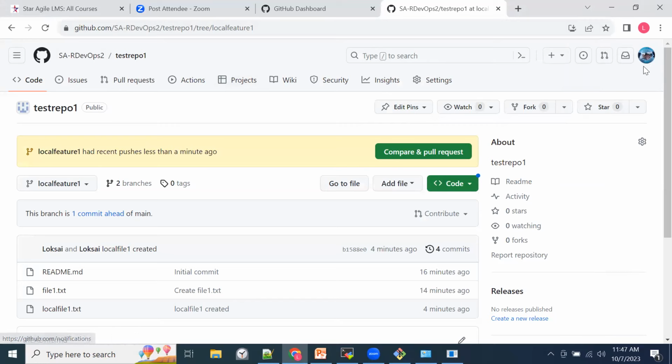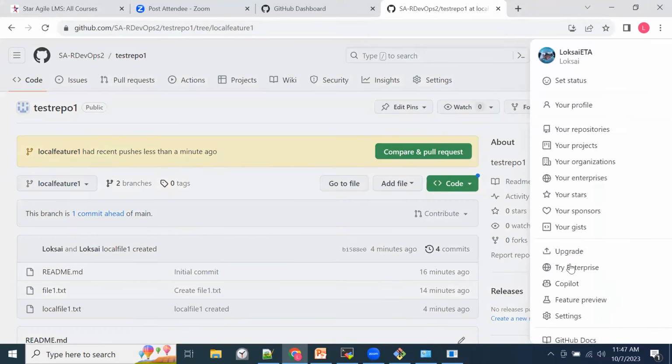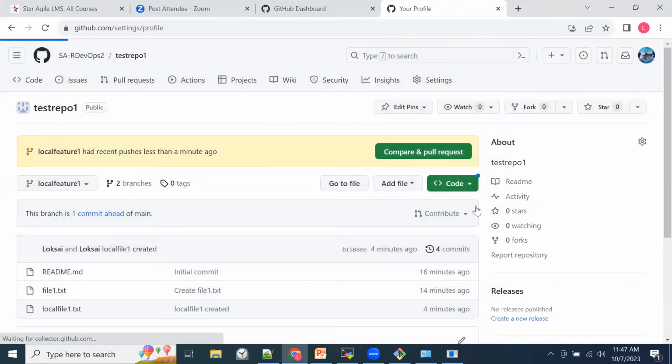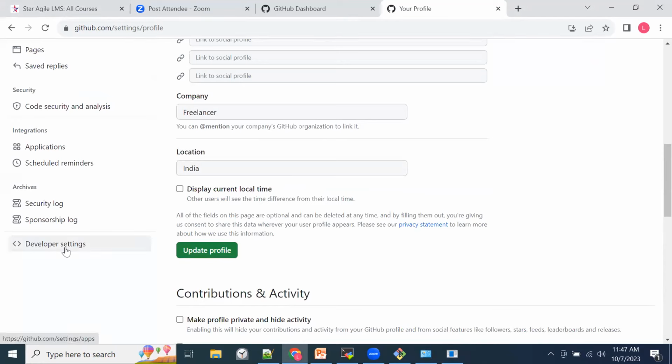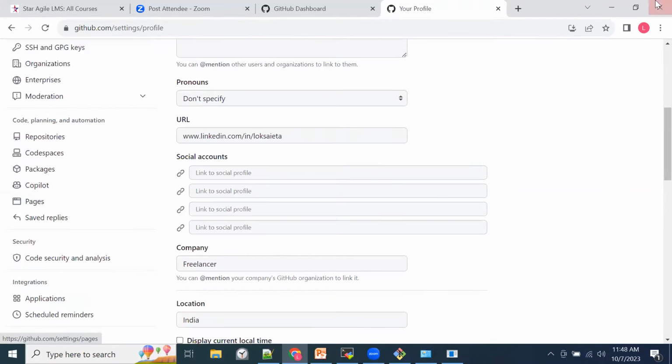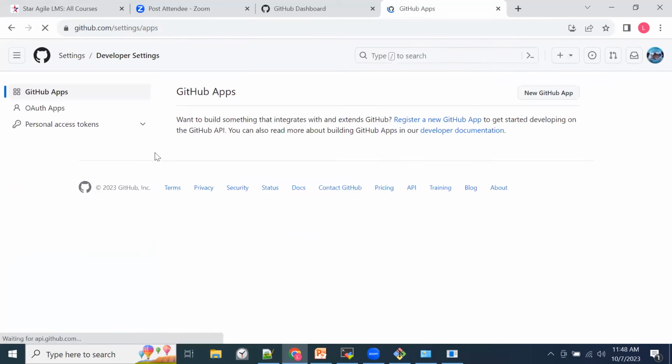on your remote repository, you can see there are settings, account level settings. Click on the account level settings here. In the account level settings, if you scroll down, you can see something called developer settings. I repeat, log into GitHub, and at the account level settings, if you scroll down, you should be able to see something called developer settings. And in developer settings,